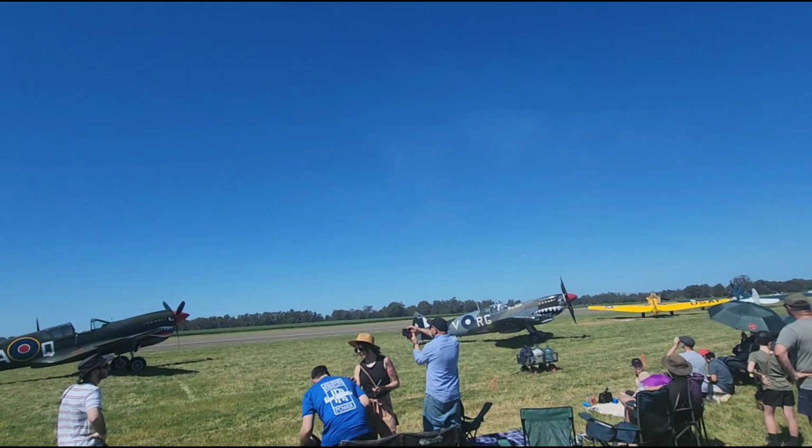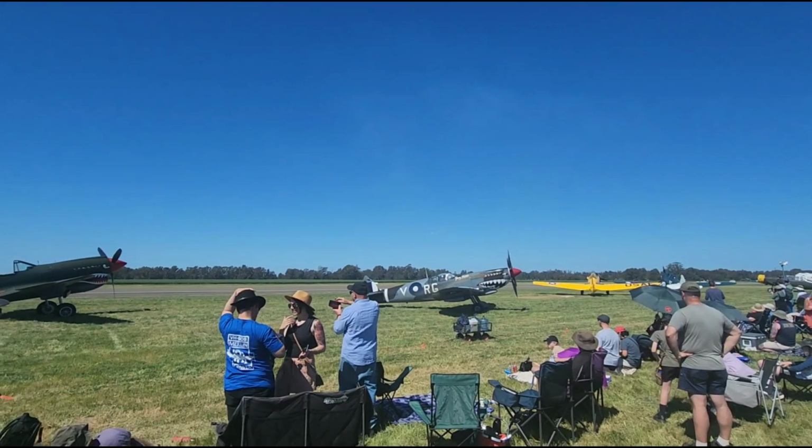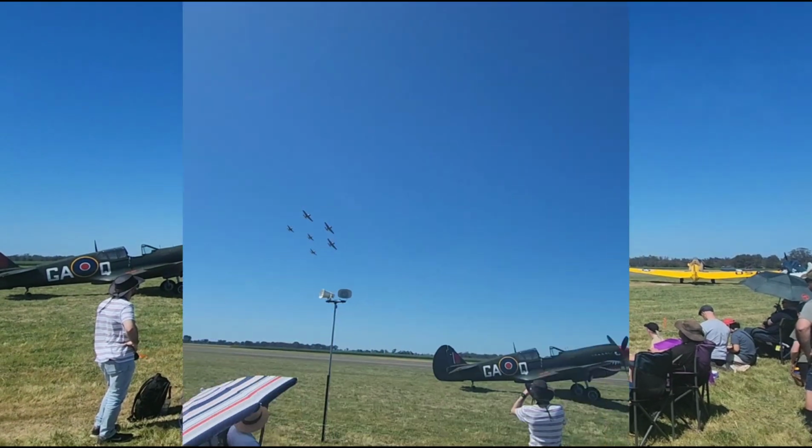Now, Americans have very simple designations for their engines. If I said to you a Rolls-Royce Merlin, if you didn't know what it was, you'd find difficulty in describing it. But the R985 is a radial engine. The cylinders...